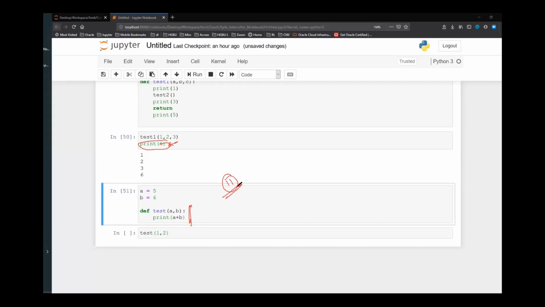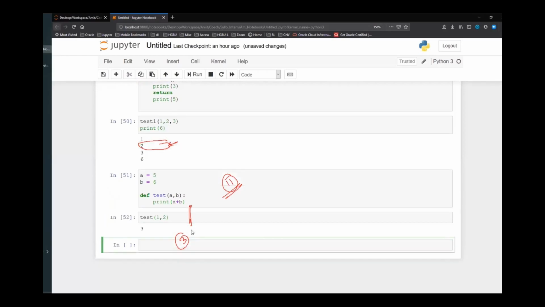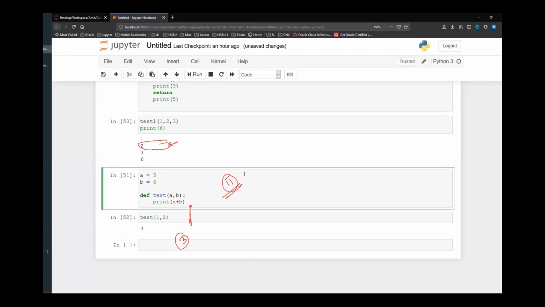The answer will be 3. If I run this, the answer will be 3. But if anyone thinks that the answer will be 11, I'm trying to clarify here.